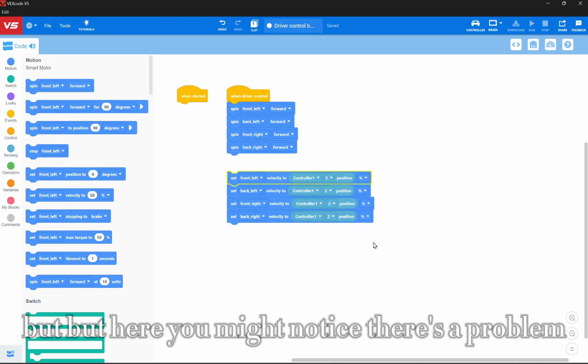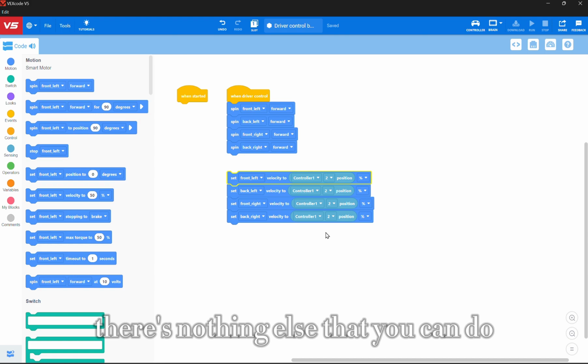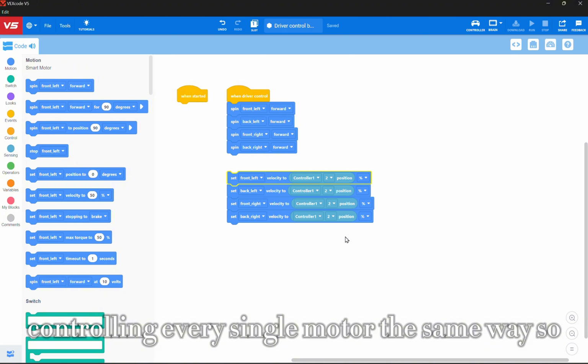Okay. But here you might notice there's a problem. You can only go forwards and backwards. There's nothing else that you can do. And that's because we only have one axis controlling every single motor the same way. So